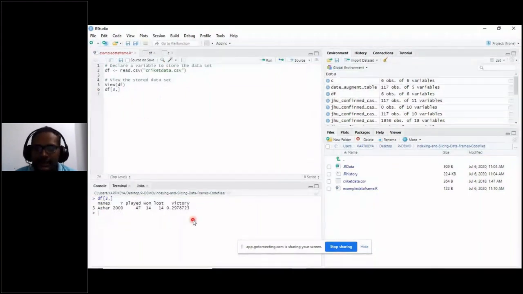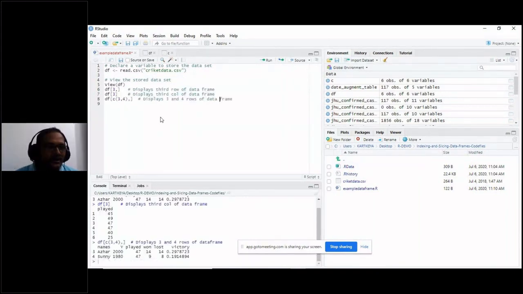Is it clear? Right. Now we will go to the next command. If I want to display only column data, then df of 3 is enough. If you put a comma, it means it will display the row value, not the column value.